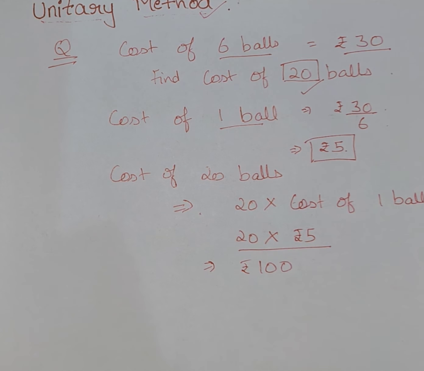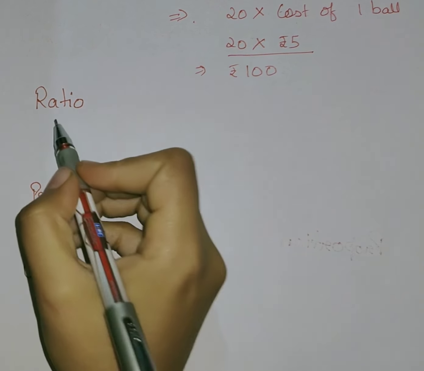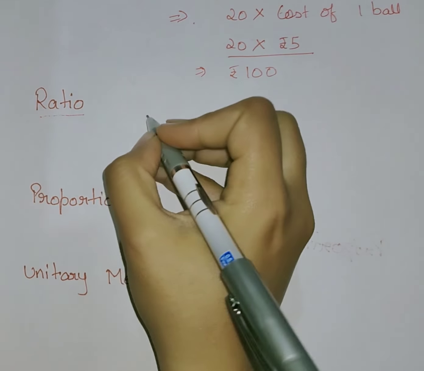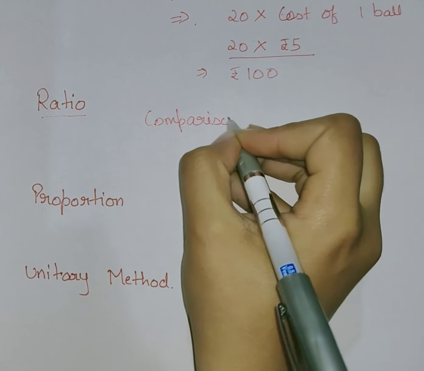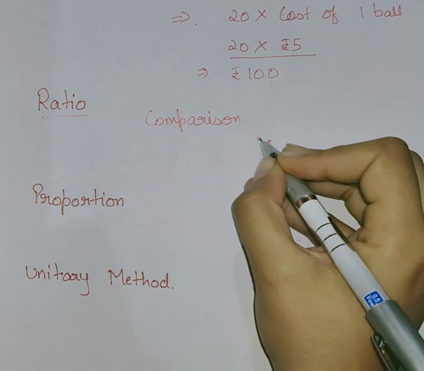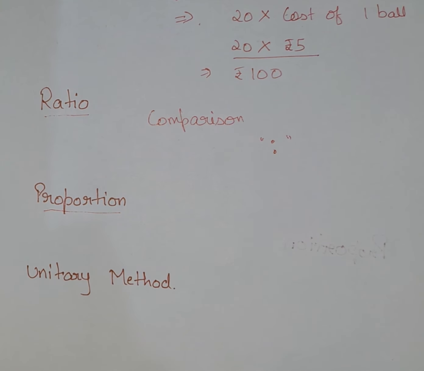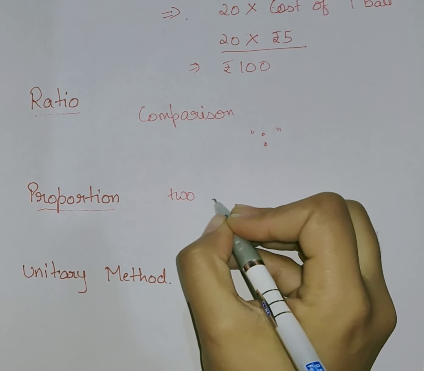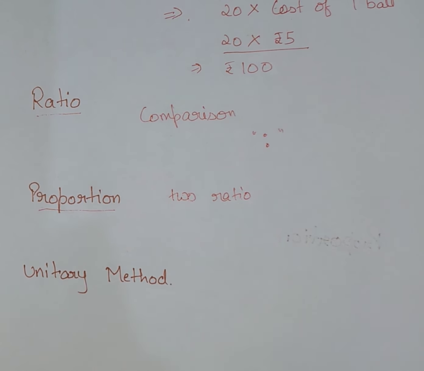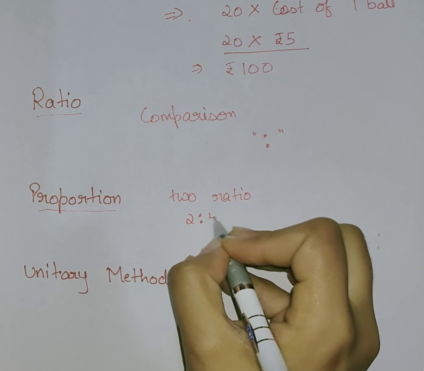Now let's have a small recap of what we have studied in this chapter. First thing we studied is ratio. Ratio is the comparison between two values and we denote ratio with this sign. And second we studied proportion. Proportion means when two ratios are equal. When two ratios are equal, we say that they are in proportion. Example: 2:4 and